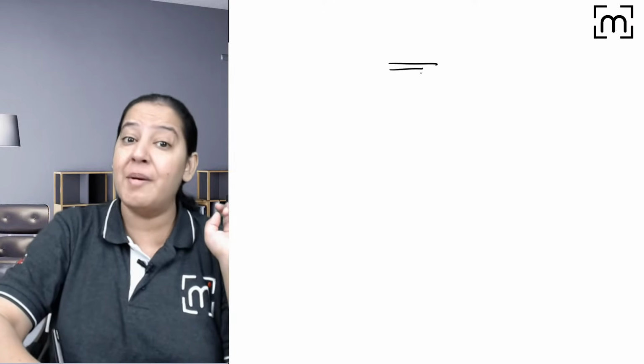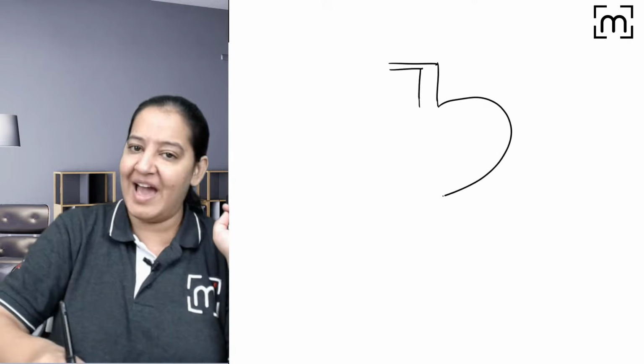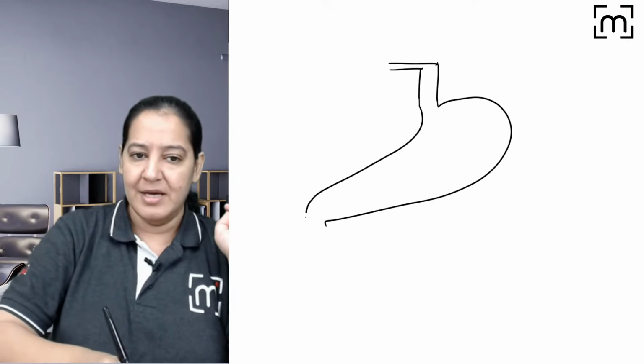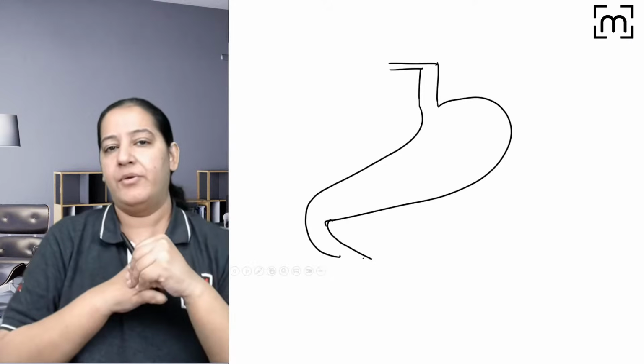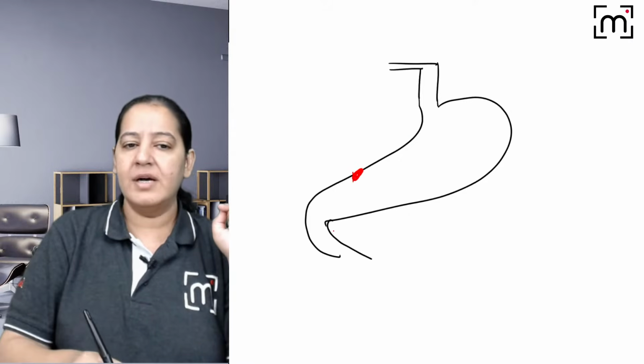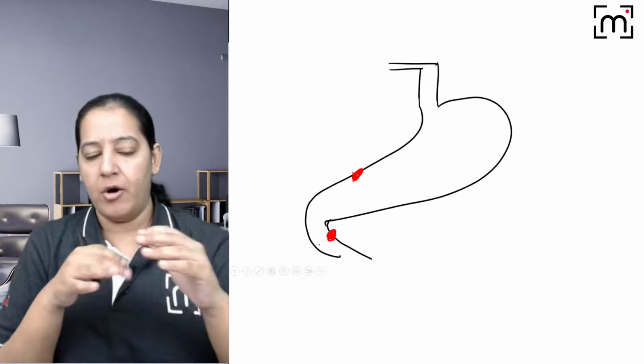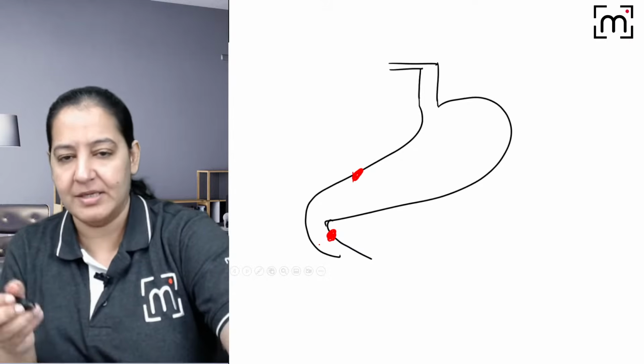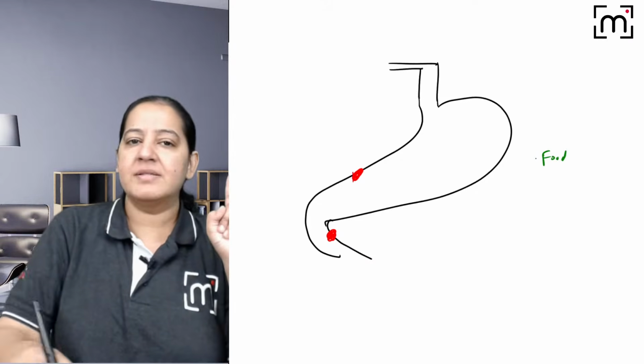You should have a valid explanation of everything. If you don't have one, you should ask me why it is like this. Everything has a reason, and you should know the reason. So this is the stomach, this is the duodenum, right? Now listen, either the ulcer is in the stomach or the ulcer is in the duodenum, right? Now let me first explain the food. If the person is eating food,